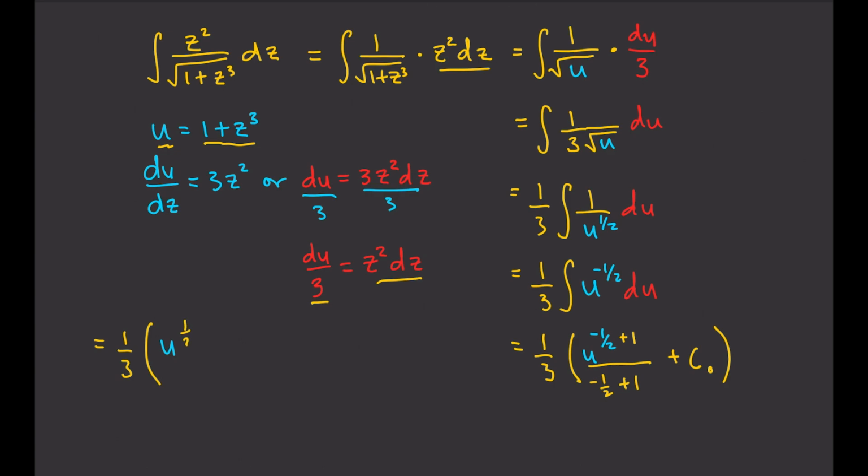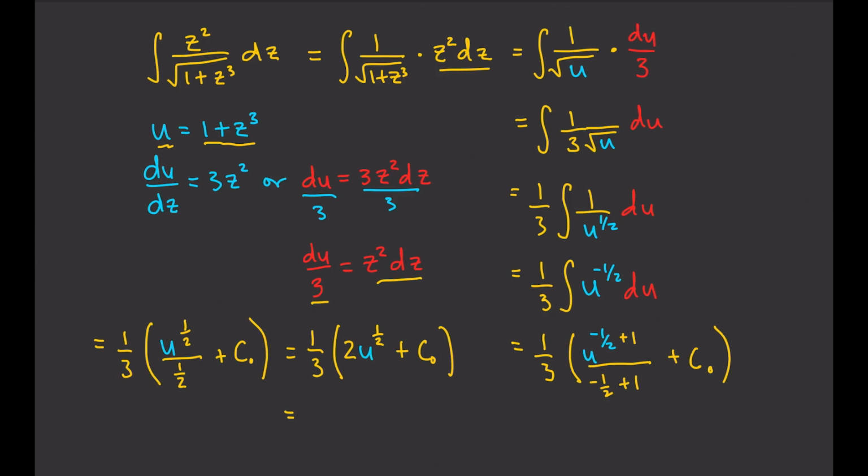So 1/2 over 1/2 plus c sub 0, which gives us 1/3 times, so the 1/2 in the denominator, when you divide by fractions, you multiply by the reciprocal, so then that will give you 2 u to the 1/2 plus c sub 0,